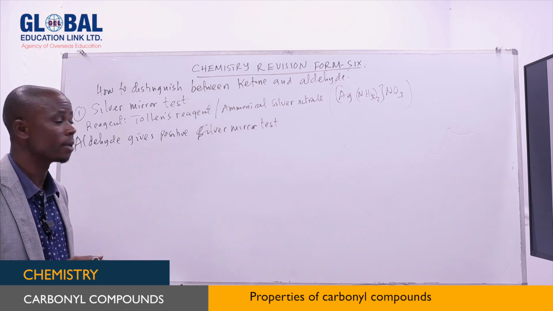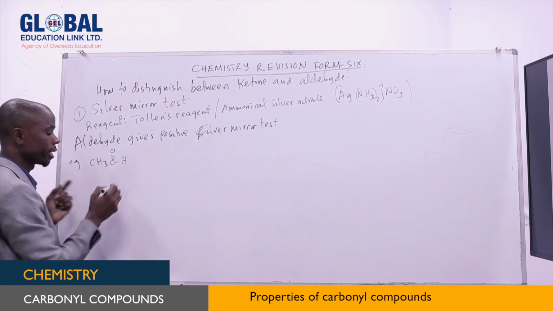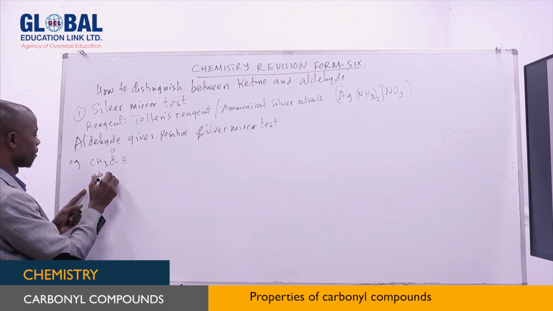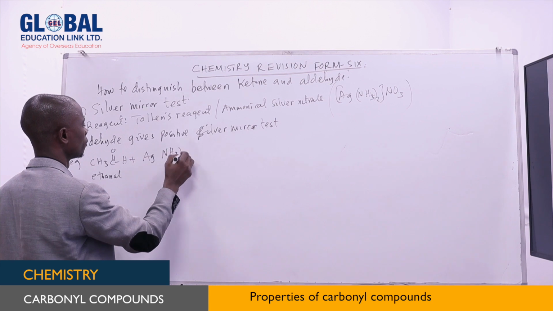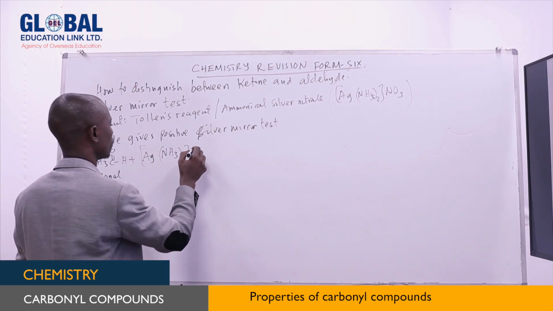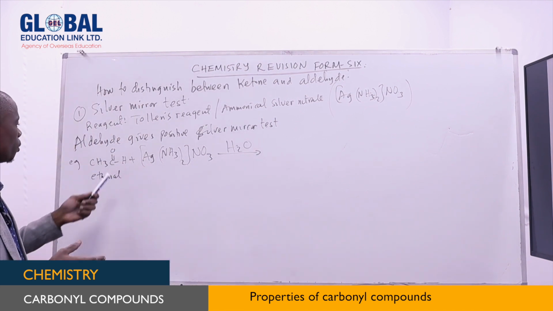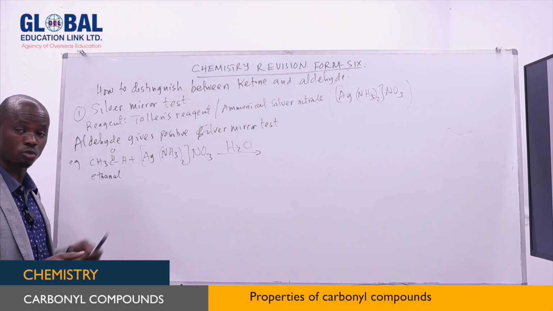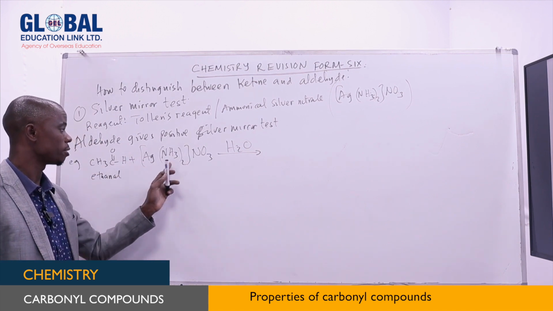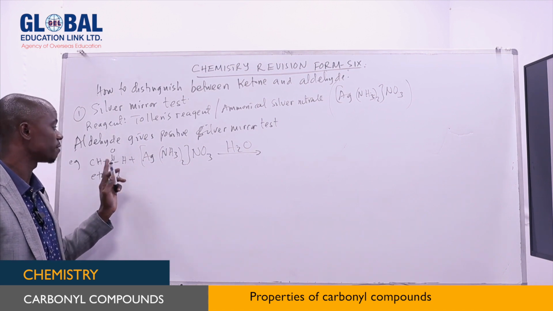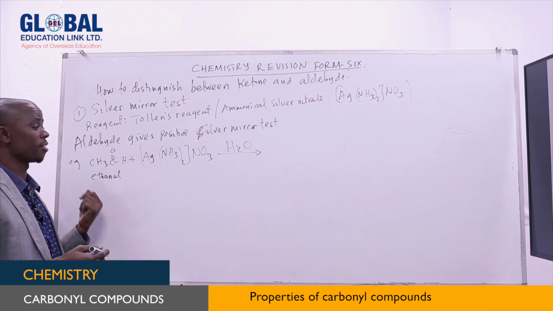Aldehyde gives a positive silver mirror test. Example, take the example of ethanal. This is the ethanal, reacting with that compound in the presence of water, because this is aqueous. Now, this aldehyde, because it is a strong reducing agent because of the presence of a hydrogen atom, will be oxidized into carboxylic acid. But because of the presence of ammonia in the solution, it will react further with ammonia to give ammonium carboxylate. So here we are going to get ammonium ethanoate, which will be